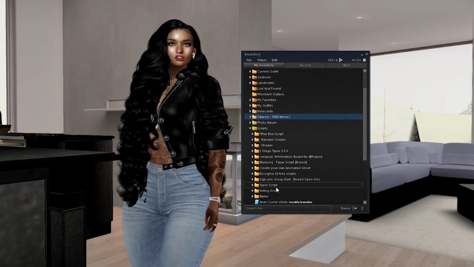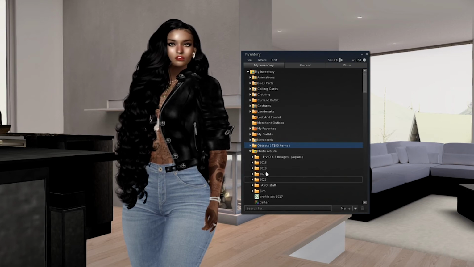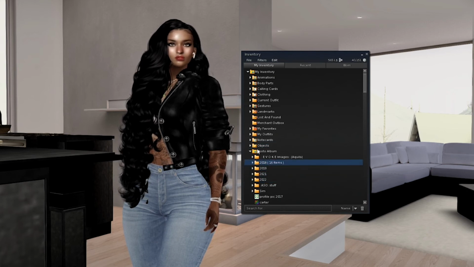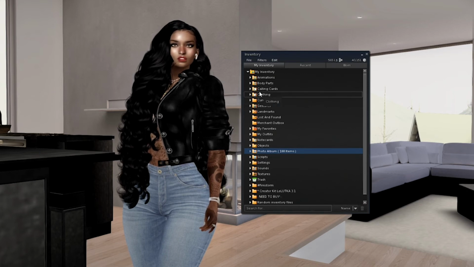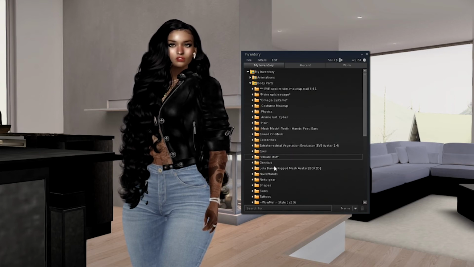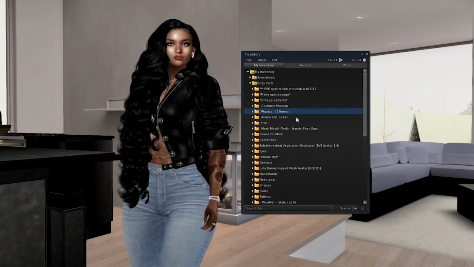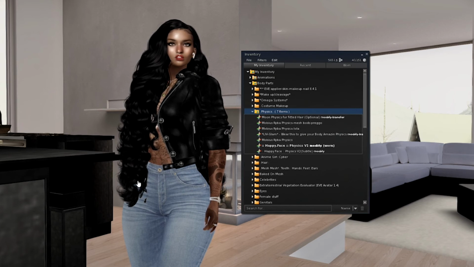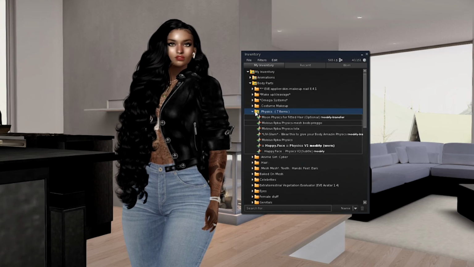Scripts. And in my photo album, I have them separated by year. So for each year, the older ones, I didn't put them in a folder yet. So body parts, that's how my body parts is set up. I have a physics folder for my physics, and physics are what make you bouncy, make your boobs and your butt, your stomach bounce.